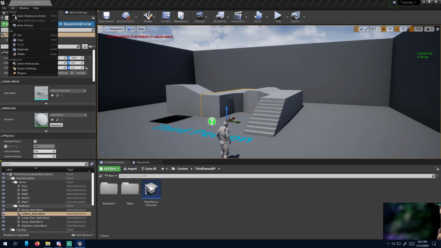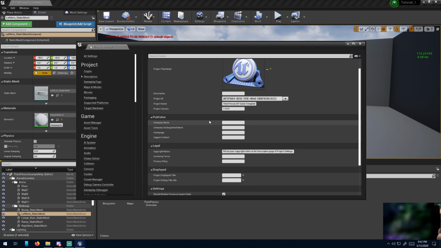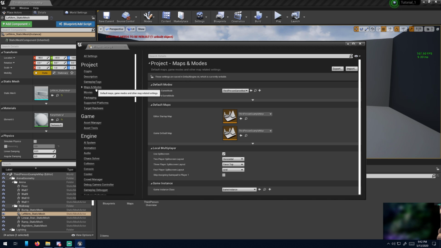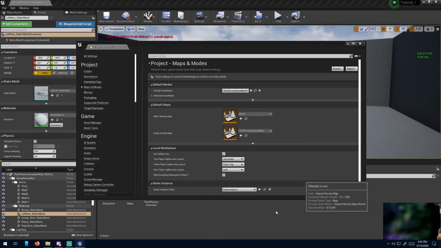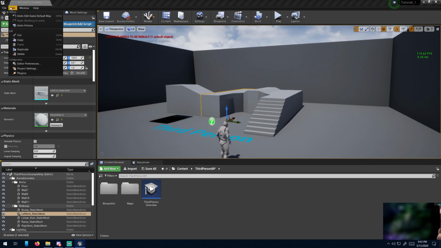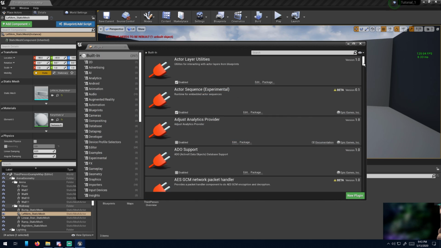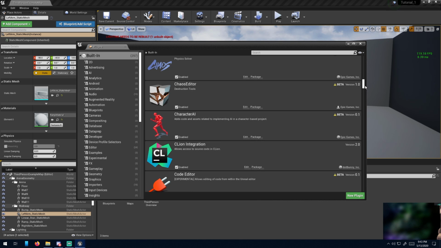Let's see here, edits. So plugins. I'm not going to get into editor preferences or project settings, but well, actually, project settings does have one important thing. Under maps and modes, you can set your starting map for when you first start the project. Now plugins, this is where a bunch of hidden yet awesome stuff is going to be,